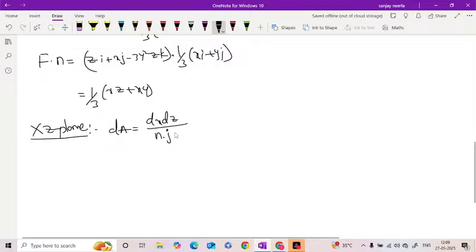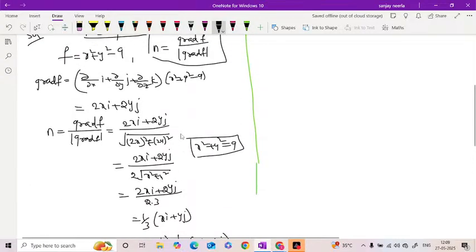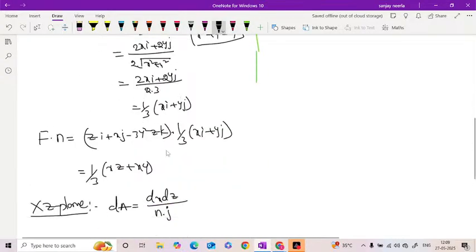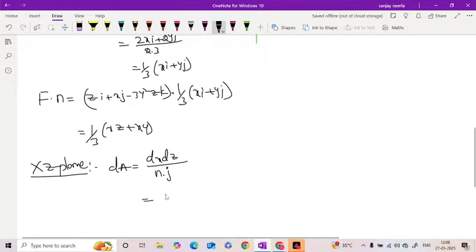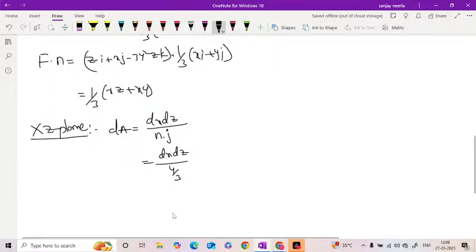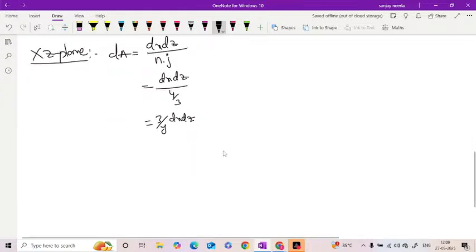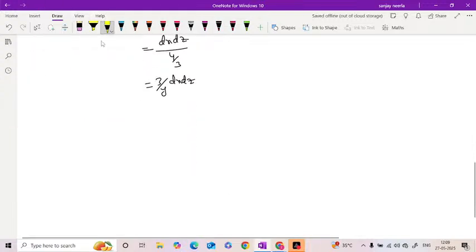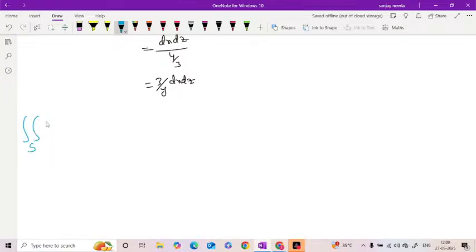So n dot j, this is the n. So n dot j is, dx dz by y by 3. So this is our dA. So dA is equal to 3 by y into dx into dz. Now come to our final double integral. So double integral on the surface f dot n dA is equal to, now the double integral,